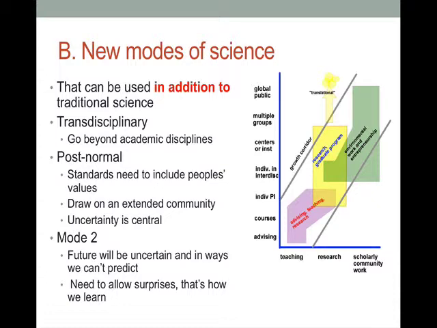So, new modes of science have been developed in order to deal with the new problems we're facing in environmental science, and they really add to the discussion about what we can do. These new modes are used in addition to traditional science, not to replace traditional science. And I think this is where the culture wars got off track: we're using more tools, not just replacing one tool for another.